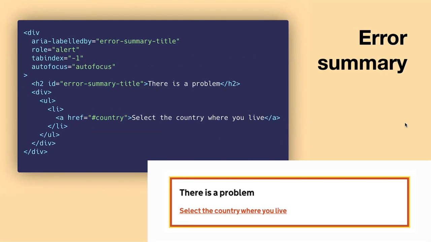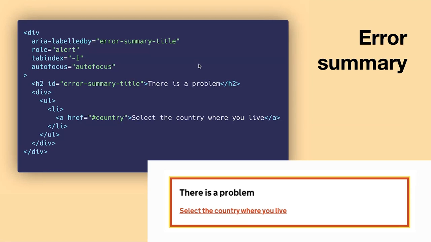Then they provide an error summary. This is useful also for screen reader users, but it's useful for just basically everyone. Imagine you're not an especially technical user. You're not very comfortable with computers. You may not really know what to look for. Maybe you have a cognitive impairment or similar. This makes it really screamingly obvious that something did not work with what you just did. It's literally stated there is a problem. It's got a big red, yellow border. And there's a link, crucially, to where the specific problem is that you can click on, and that takes you down to the field where the actual error occurred.